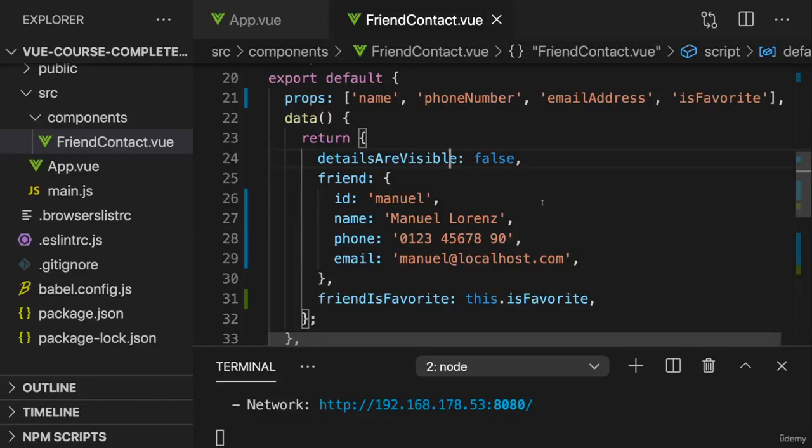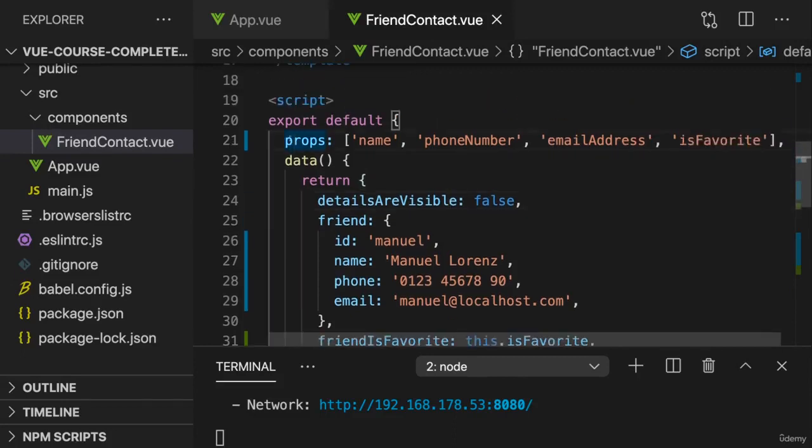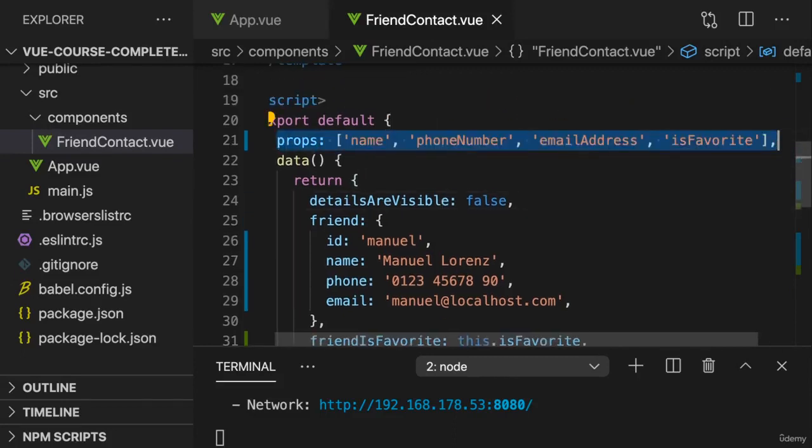So props are important, as you can tell, and thus far we're specifying props like this, as an array of the props we expect to get, where every prop is just added as a string. I mentioned that this would be the bare minimum configuration. With that, you let Vue know about the props you expect to get, but you don't provide any other information